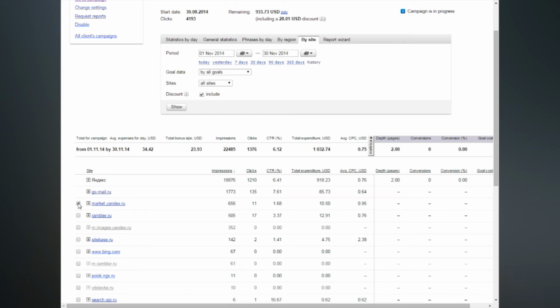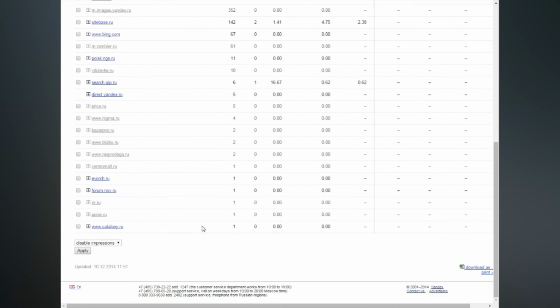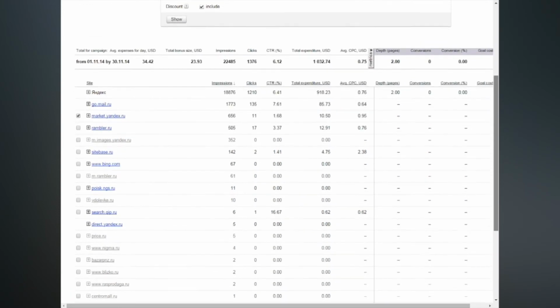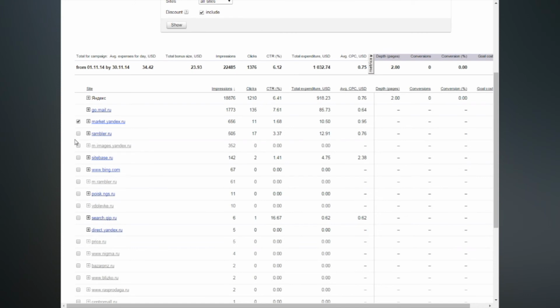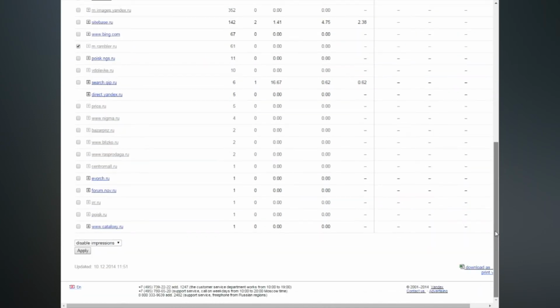And the other sites, I have the option to tick them if I want to disable them. Then I can scroll down to the bottom of the page and click Disable Impressions and then click Apply. Another option would be to enable the sites which have been disabled in the past. So all of those gray ones, I can actually tick the option next to them, select Allow Impressions and click Apply.